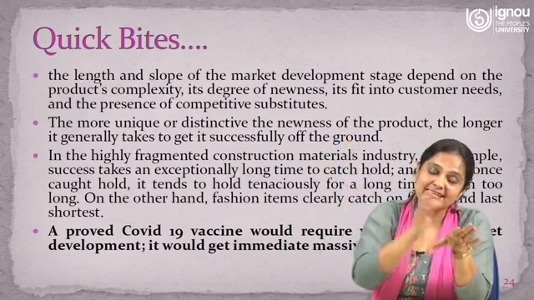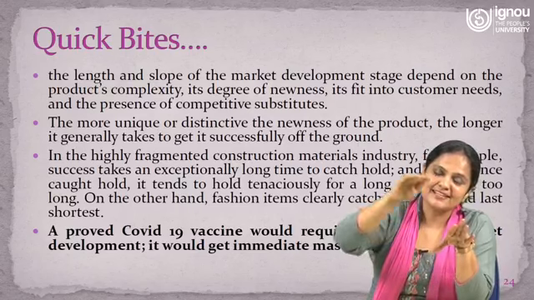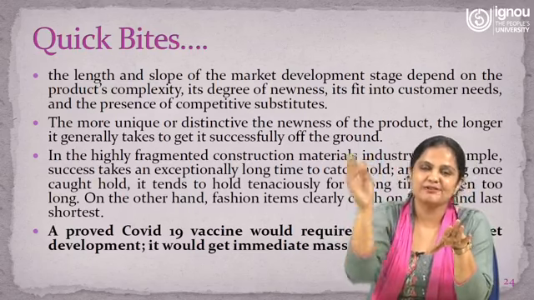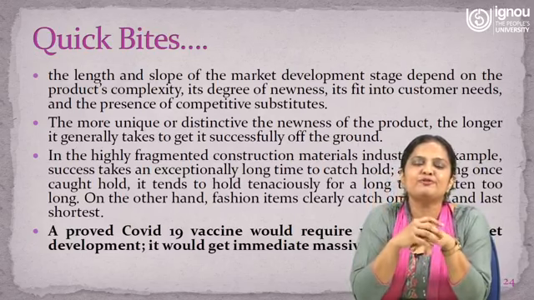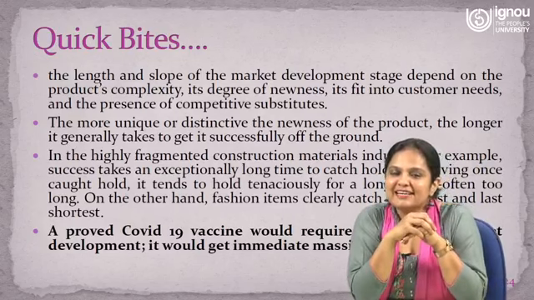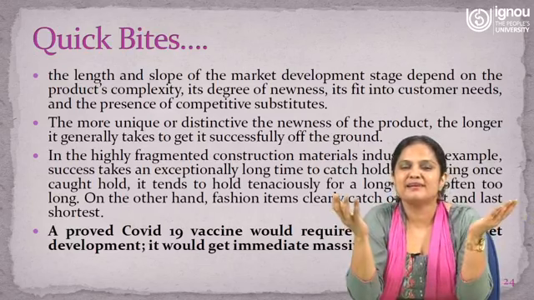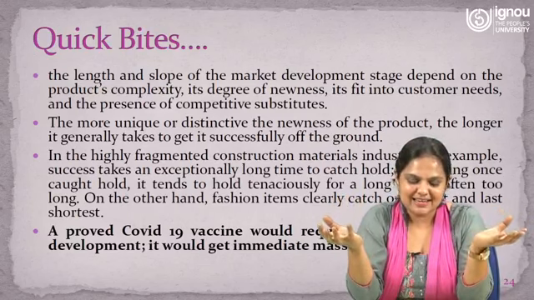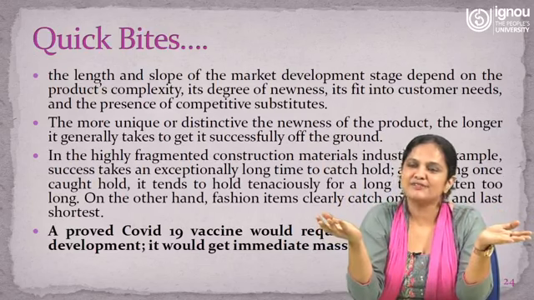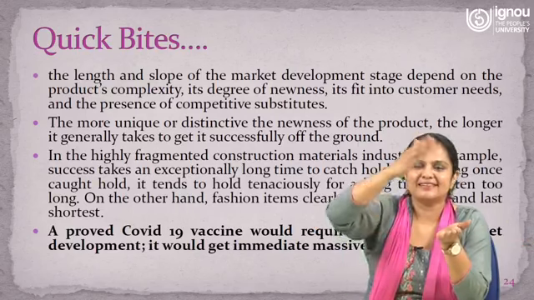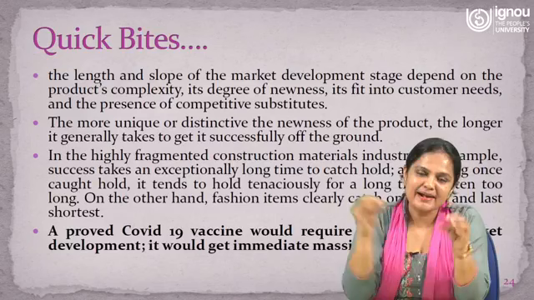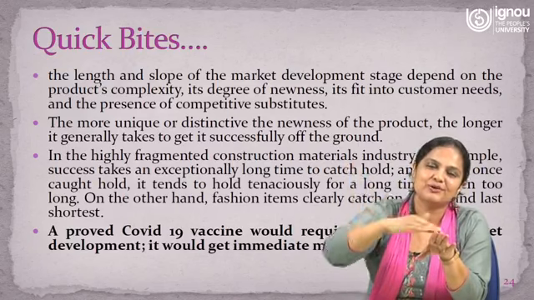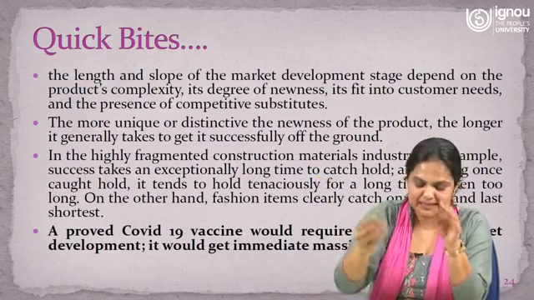As I have said, all the 4 stages are not necessarily there for all kinds of markets. The greatest example would be an approved COVID-19 vaccine. It would require virtually no market development. As soon as it is in the market, it would get massive support. The introduction stage, then growth, then maturity, won't come as such. The moment it is introduced, the growth will come. The growth stage will be there because it will get massive support.